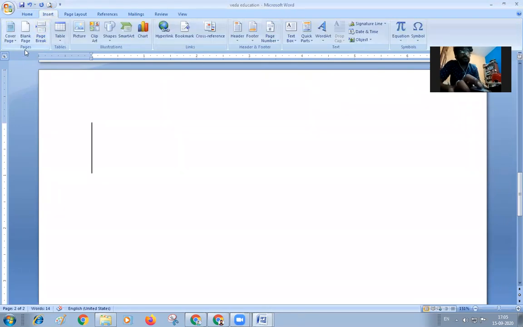the pages: how to insert a blank page, how to insert a cover page, and how to insert a page break in the document. And also we have seen how to insert a table, and after the insertion of the table, if the data is filled, how to insert a column, how to insert a row, and how to change the table styles in the tables part.